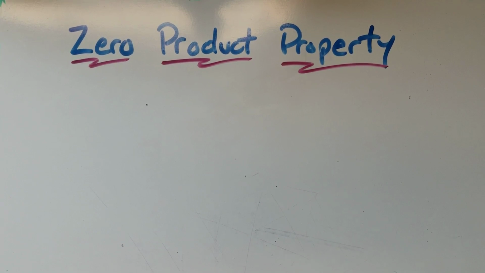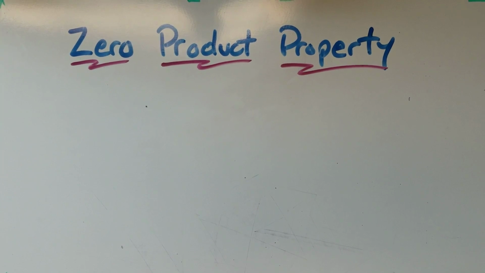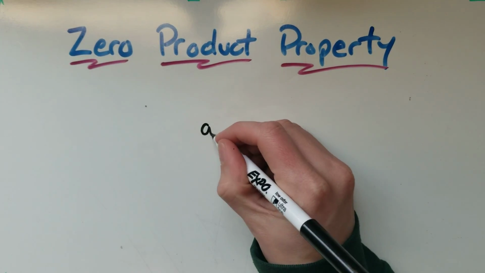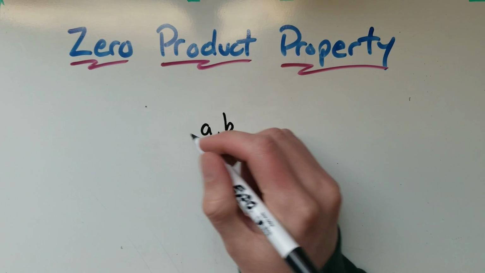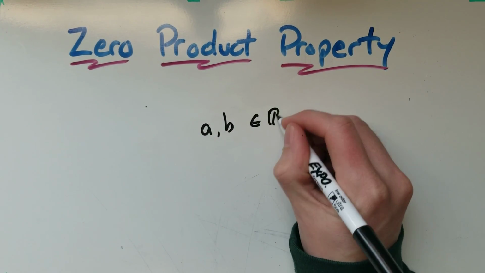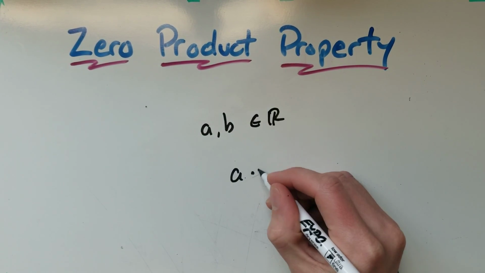So this property says if the product of two factors is 0, then at least one of the two factors has to be 0. So if you're multiplying two things together and it equals 0, one of those two things has to be 0. And our way of writing that, we say for any real numbers a and b, so a and b are elements of the real numbers. If you do a times b